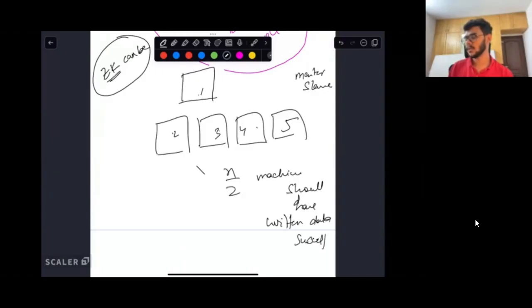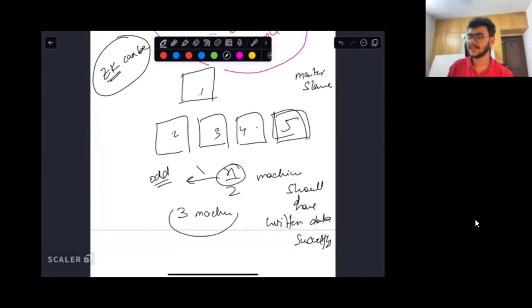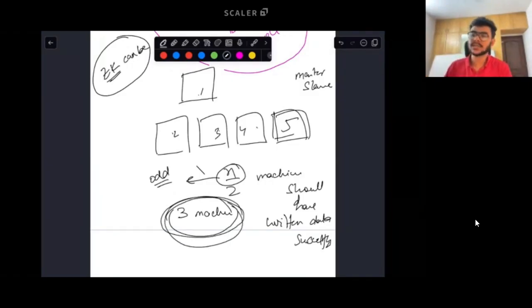And n is typically an odd number. Let's say there are 5; 5 by 2, you want at least 3 machines to have persisted that file system data I was mentioning: all the heartbeat things, and the creation or deletion of a file. Those things should have been done by at least 3 machines. Only then do you say that the write operation to Zookeeper is actually successful.